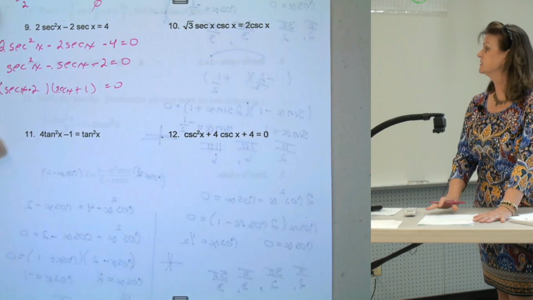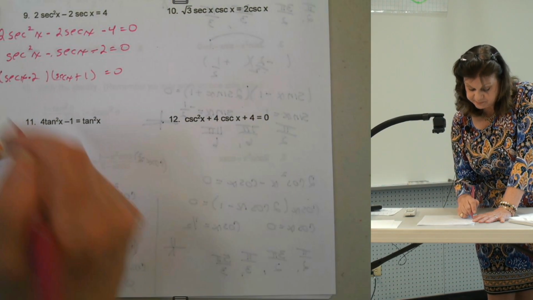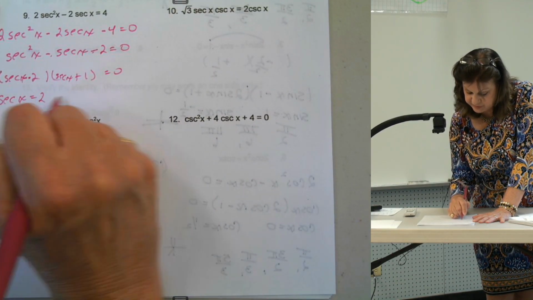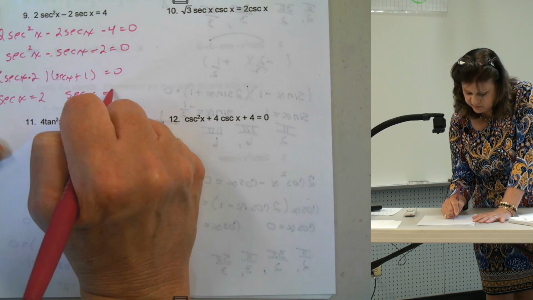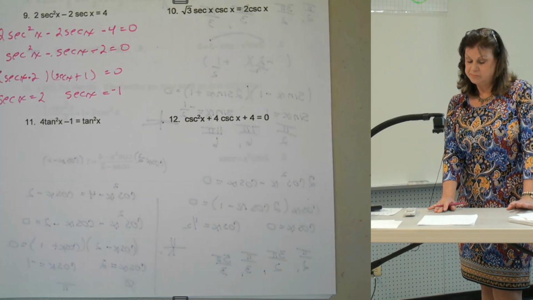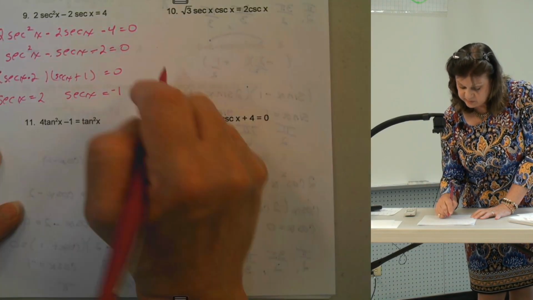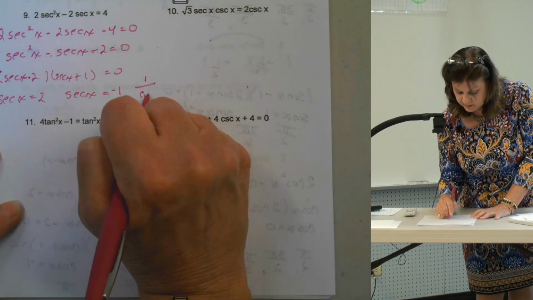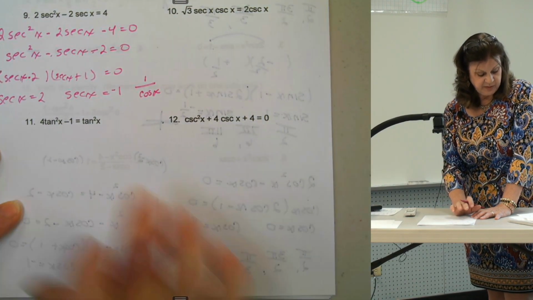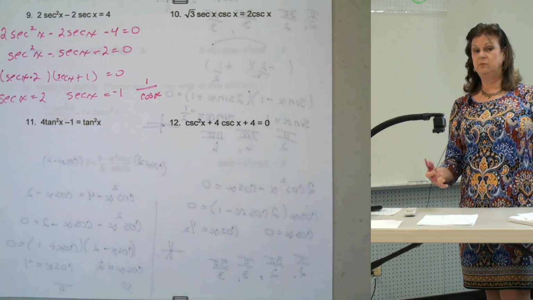So I have secant x minus 2 and secant x plus 1 equals 0. So I'm looking for a secant value of 2 and a secant value of -1. Okay, remind yourself, what is secant? Well, secant is 1 over cosine. So in order to have a secant value of 2,